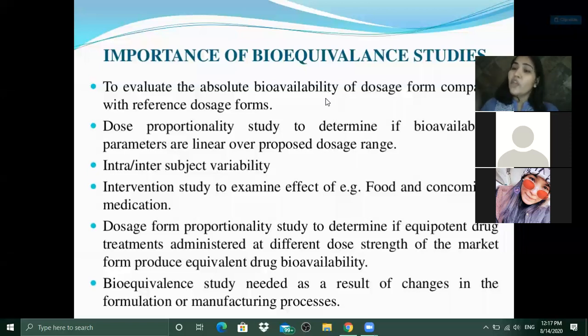But even if you are producing that generic drug by taking the same patent, you still have to go ahead and do the bioequivalence study between the subjects. So your generic drug and the reference standard you will be taking from the market, whatever the actual drug is, and you will be showing that we have done the same, so the bioavailability of the generic drug is coming out the same. So in a generic drug, maybe the raw material you use could be of a little bit lower quality or something, because generic drugs are very cheap.